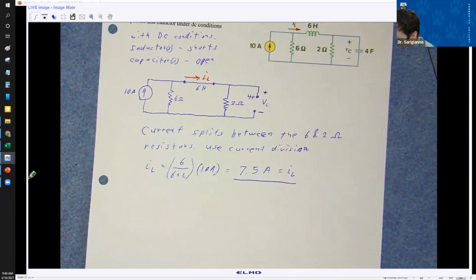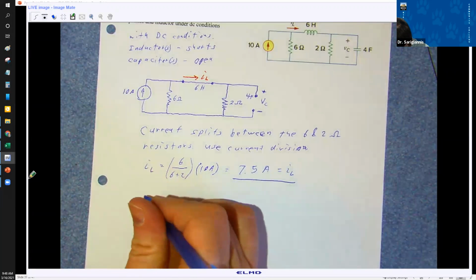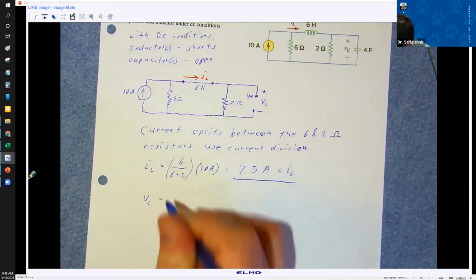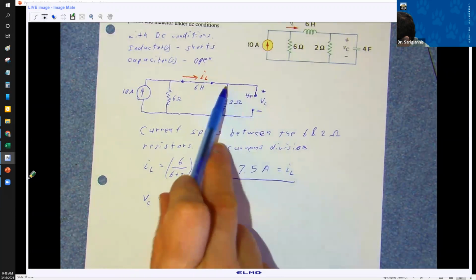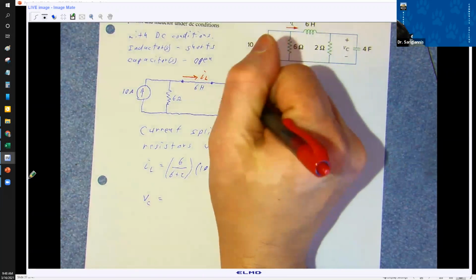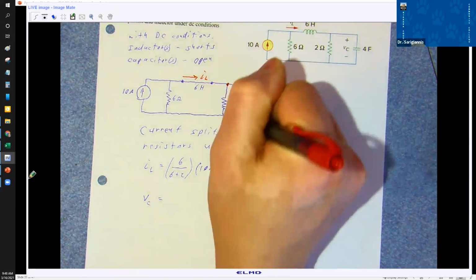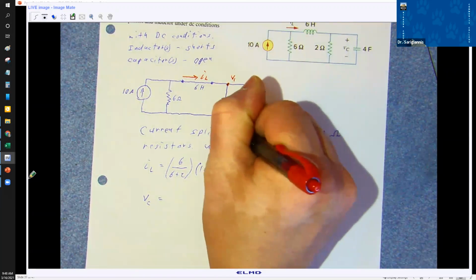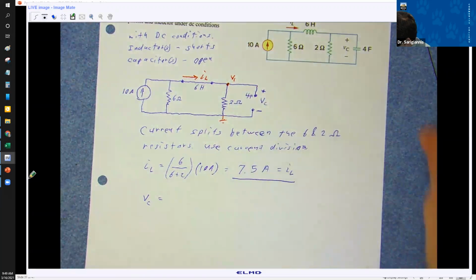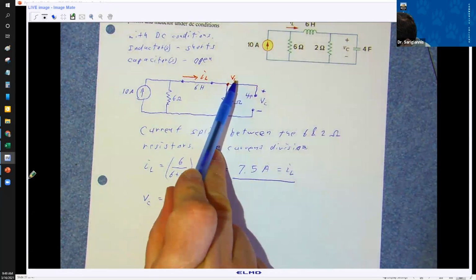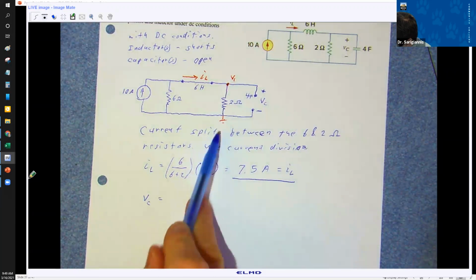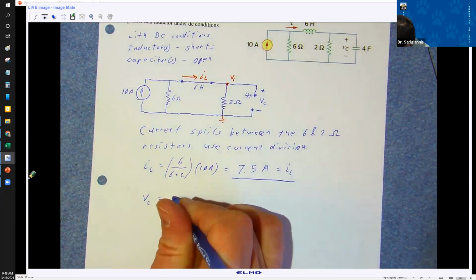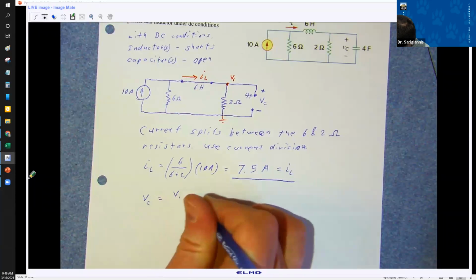Now, we're trying to figure out what's the voltage. Well, the voltage is going to be the same thing. Let's write this out. VC is just the same potential difference between here and here, right? Let's just do this, the ground. This voltage drop is just this voltage drop. So we've got V1